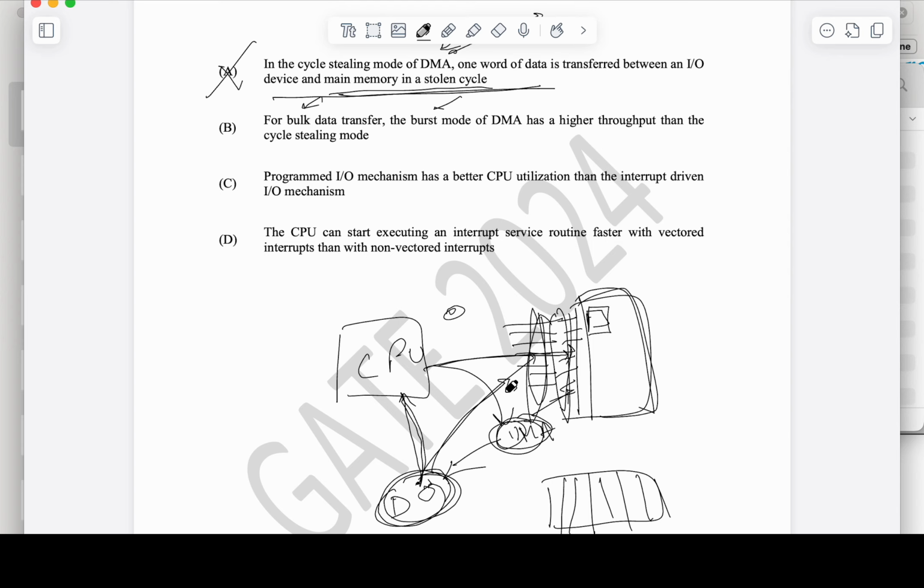Hence burst mode would have higher throughput, means it would do the task faster, right? So that is what this statement is saying: the burst mode of the DMA has higher throughput than cycle stealing mode. Yeah, this statement is also true, but we are trying to find a false statement, so this is not